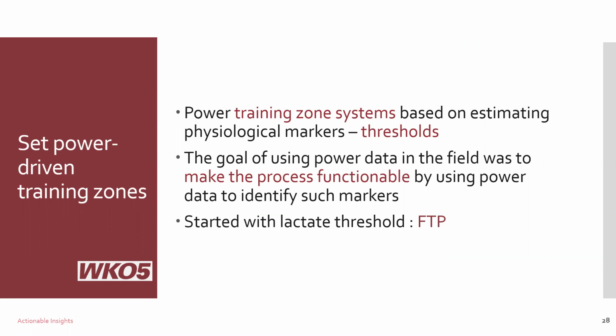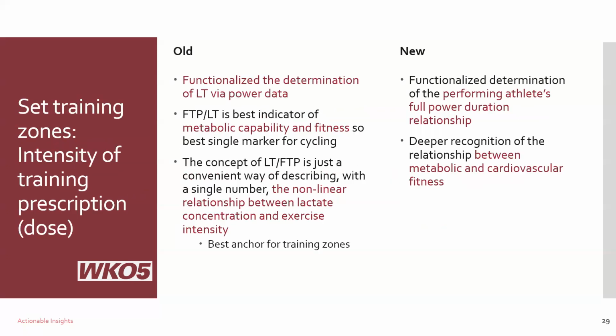Your LT1 is the onset of blood lactate. That's where blood lactate begins to accumulate in the body. Very simplified version of that. And LT2 is when that accumulation gets too rapid for us to manage. So keep that simple. But the reality is when we set those zones on FTP,